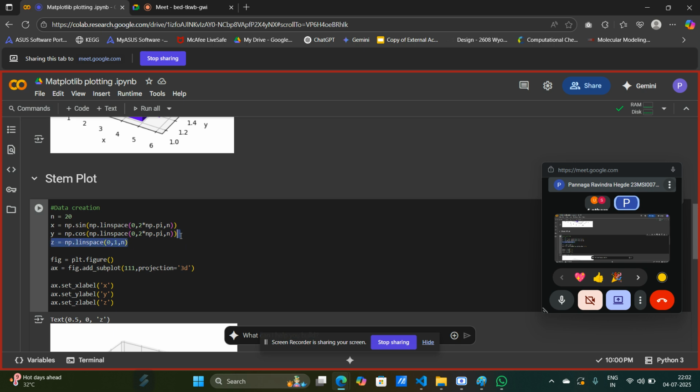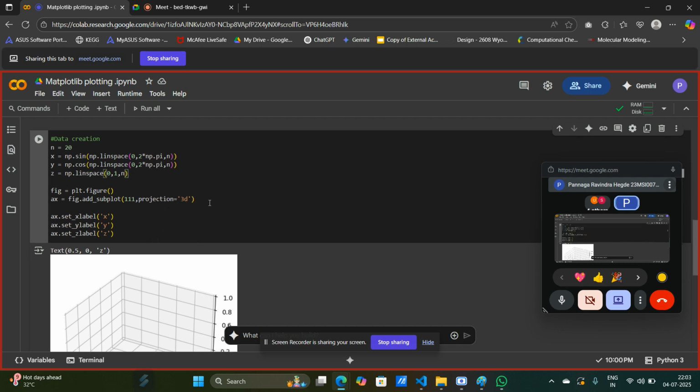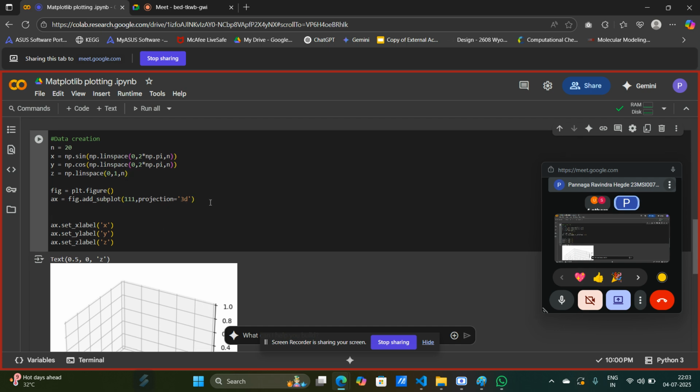Did you guys understand what's happening in the first x y code? We are generating 20 values and we are just inputting that within the sine function, and we are just doing the same, but using the cos function here. But for z, we are generating 20 equally distanced values between 0 and 1 using this linspace function. Now, to create a stem plot, we just have to write axis dot stem,